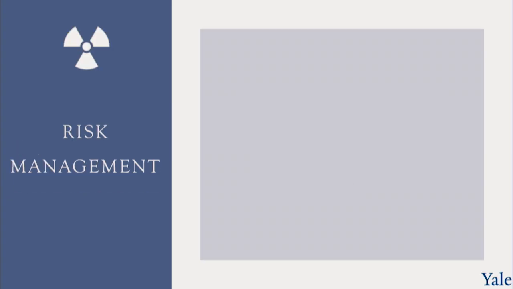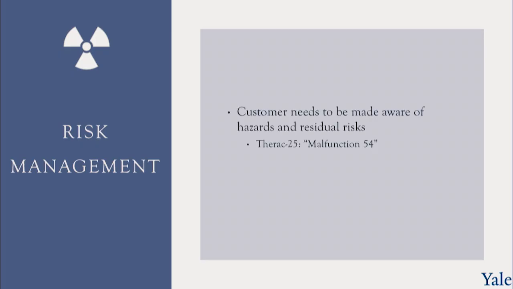And as always, we'll talk about risk management. The customer needs to be made aware of hazards and residual risks. So for example, there's a famous example of the Therac-25 when the error was malfunction 54. Now, nobody in the room knew what malfunction 54 was. Malfunction 54 apparently meant that if you push this button, you're going to deliver a lethal dose of radiation to a patient. Obviously, our users need to know what messages such as malfunction 54 mean,